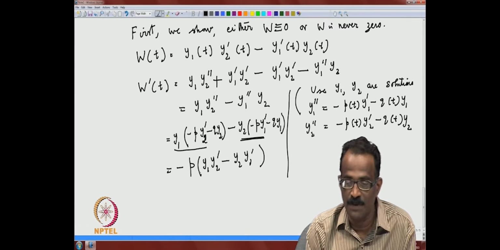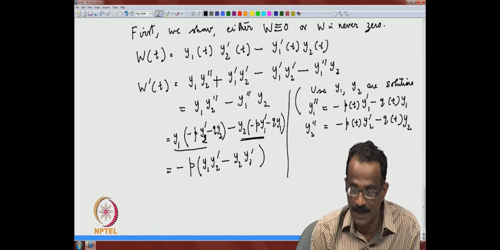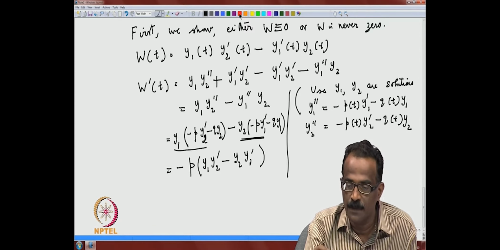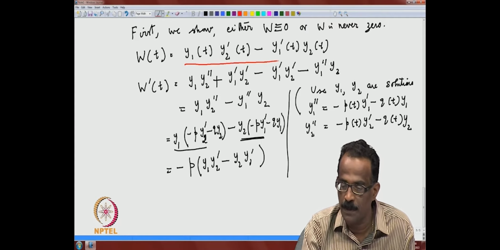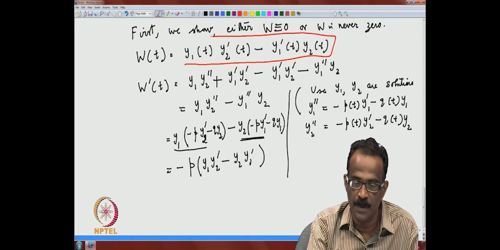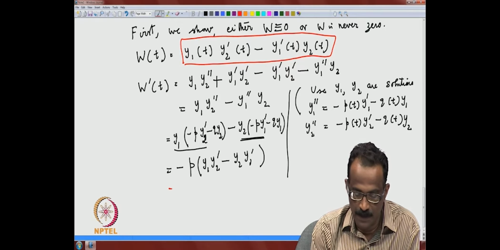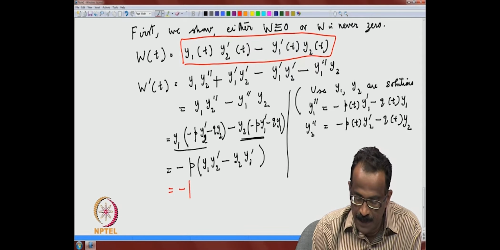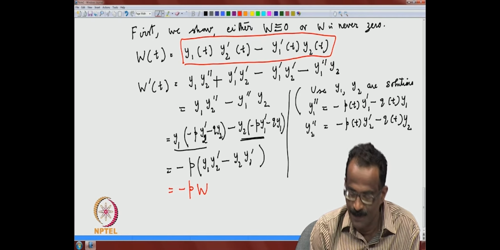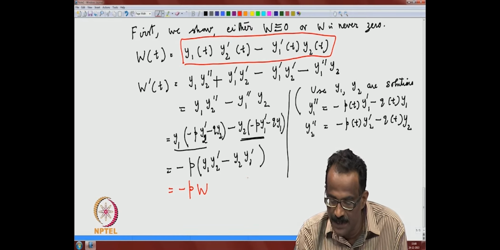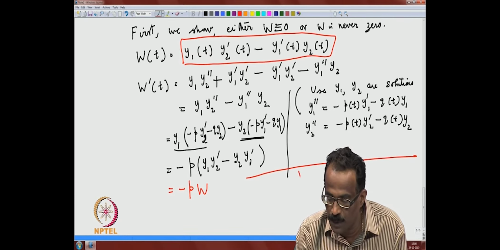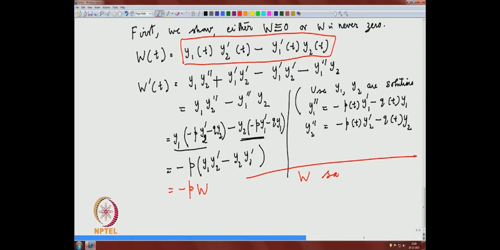But what is this y1 y2 prime minus, if you look at here, y1 y2 prime minus y2 y1 prime is nothing but p, that is nothing but w. So, you have a nice equation for w, therefore, w satisfies the Wronskian, w satisfies the first order equation